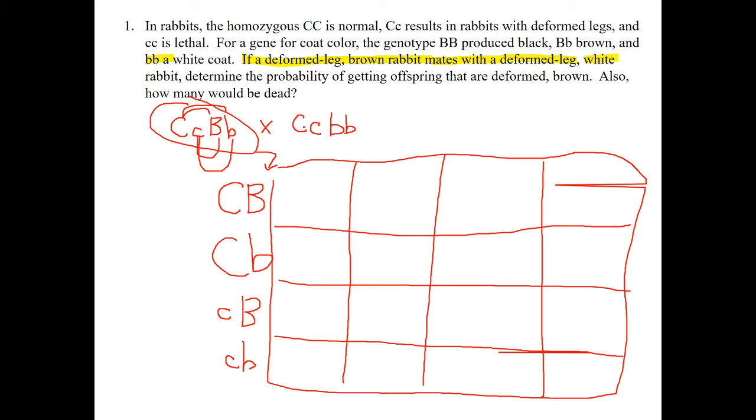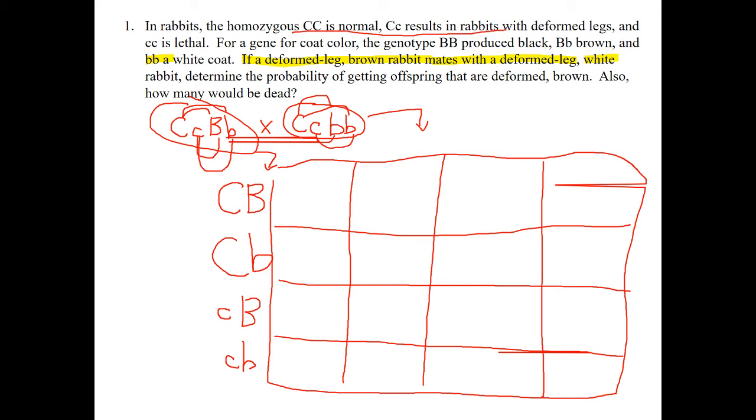So you will do the same thing for this parent here on the top here. Okay, remember the big C can go with either of these two small b, but they will look the same. Small c can go with either one of these small b. And you write on top like this here, just like what I did. And then you combine the gametes inside the square, and then based on this here, you can figure out